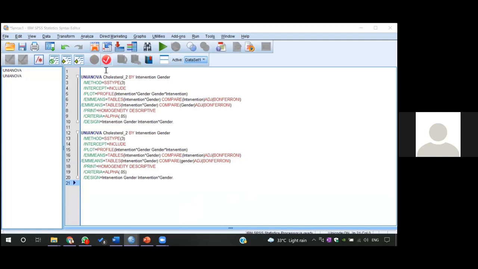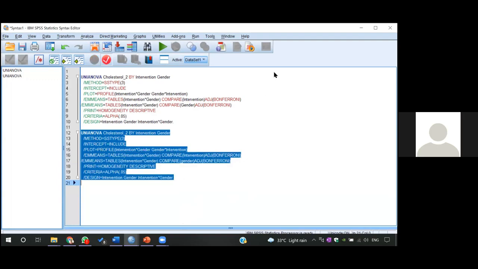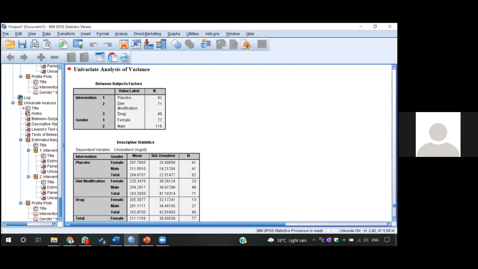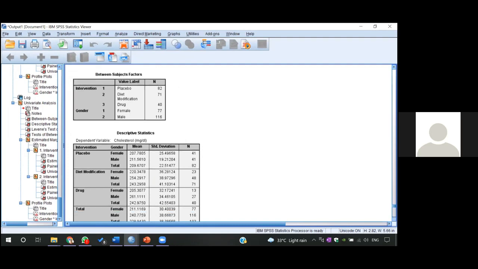This is again the same thing which is written here. I have to run this command, so you can select this and run. If you press this run, OK, by selecting all commands, then it will lead to